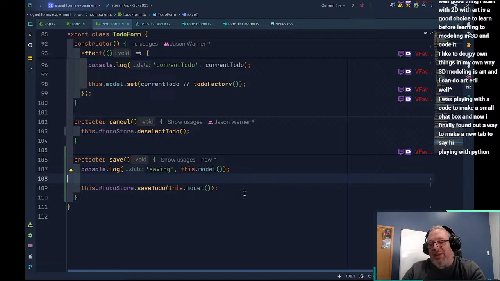It was a lot of extra ceremony for no real benefit. We only really want to save the to-do when we get into this method. We don't want to set up something that watches that, because that could potentially lead to us mutating the store when we don't want to.